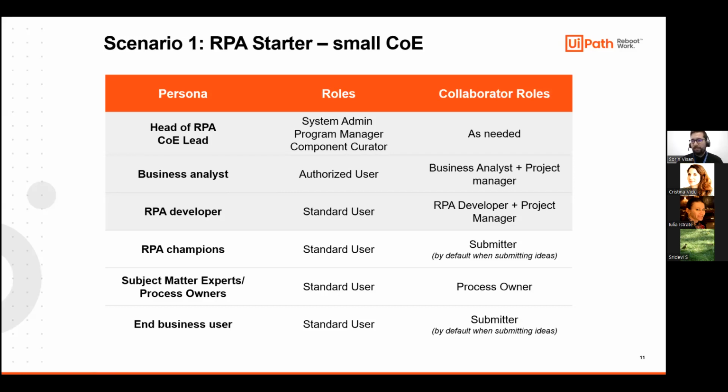Now, based on the persona types and the role types from Automation Hub, we have certain scenarios that we want to look at, right? The permissions and the roles sometimes are harder to understand. That's why we had these scenarios all lined up for different types of companies and rollouts. The first one is an RPA Starter,